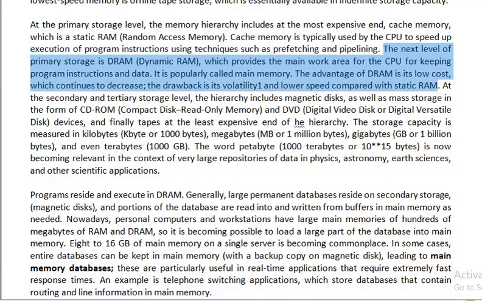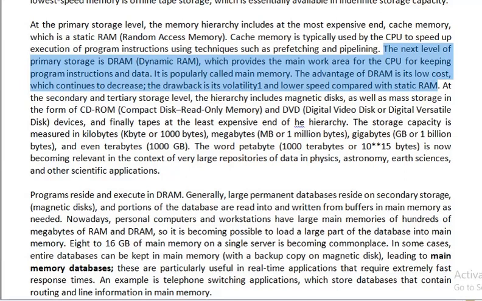The main memory of the digital computer is constructed using dynamic RAM. Compared to static RAM, dynamic RAM is less expensive, and it needs to be periodically refreshed in order to maintain the data. So the cache memory as well as the main memory of the digital computer belong to the category called primary storage devices. Next comes another class called secondary storage devices.